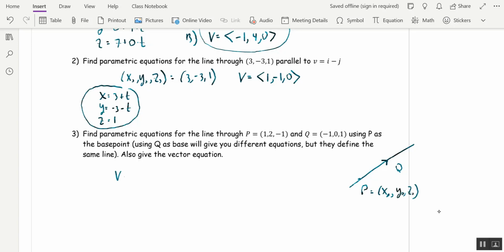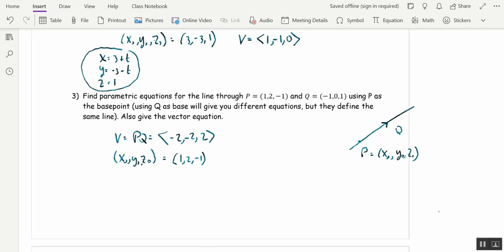All right, so our direction vector, V, is PQ. And that's, remember, you want to take the Q's and subtract the P's. So we get -2, -2, 2. And our x naught, y naught, z naught, we're told to take P as the base point. So that's 1, 2, -1. And so in parametric form, this line is x equal 1 minus 2t, y equal 2 minus 2t, and z